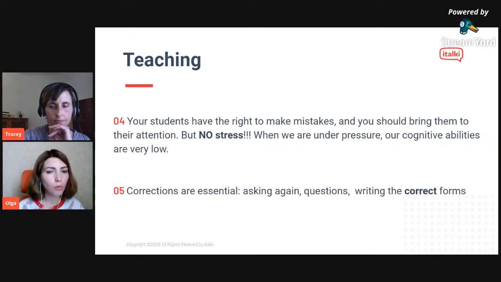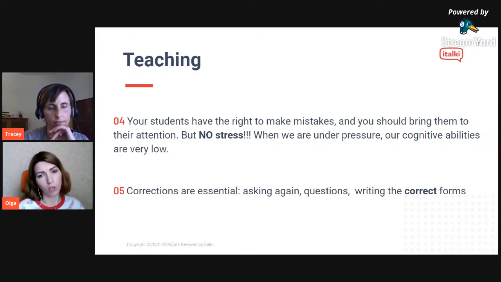And for our brain, it's stress, plus a new language, plus memorizing, etc. That's why if you criticize them on top of all these things, it's just too much. That's why, again, sugar, salt, sugar. And corrections are essential. What I personally usually do: